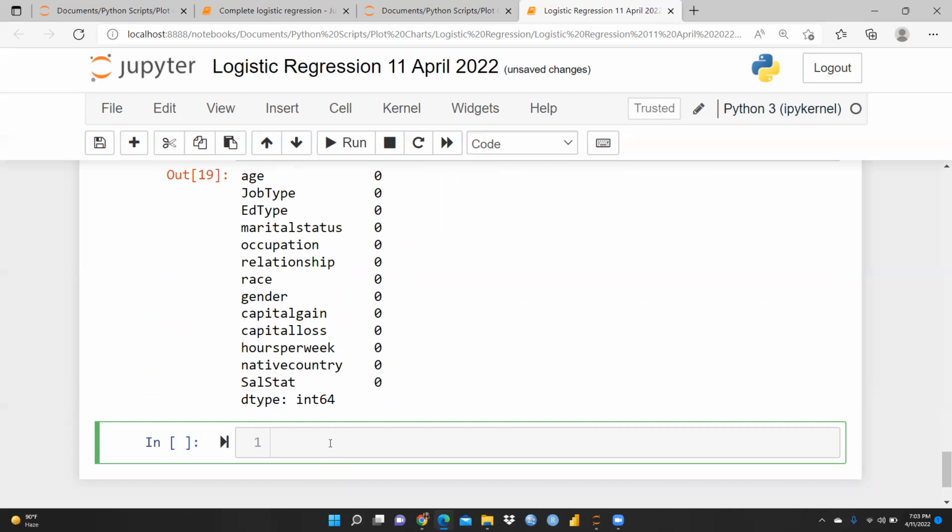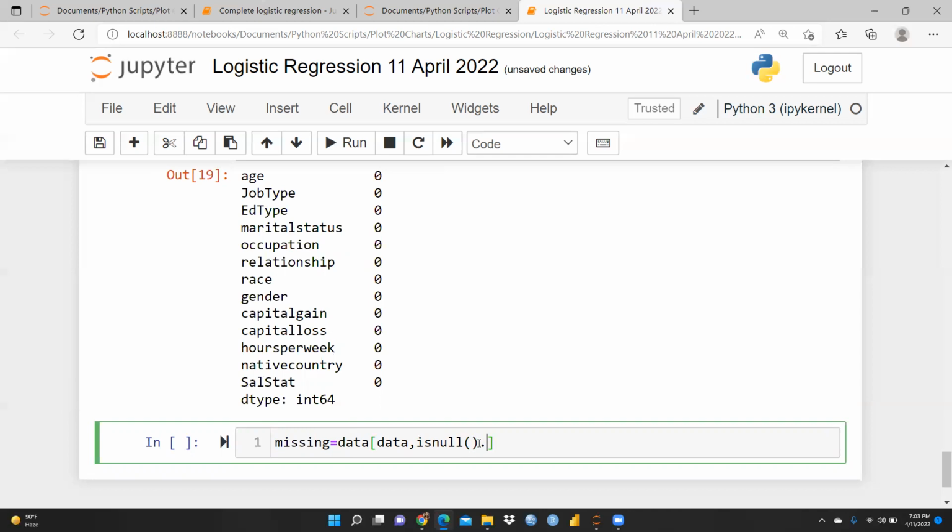After that, if any are missing, I'll simply store all these things in this data, and let me open this square bracket, not curly braces, square bracket, and after that I'm going to write data dot isnull, data dot isnull, and I am going to